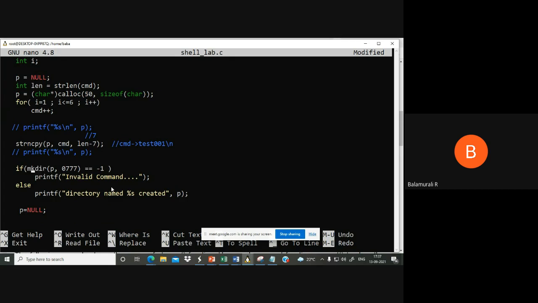You have to just call that function mkdir, and p, the character pointer, should contain the name of the directory you want to create. I mean, this pointer should point to the name of the directory you want to create. So mkdir(p, 0777). This is some code you should give. So this statement will create the